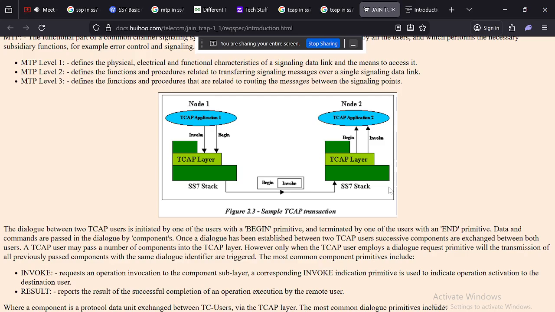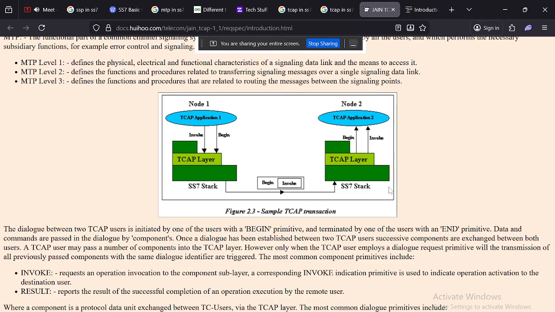Now when you visit the ATM, TCAP also has a dialog stage, with SS7 automatically connected over there. When you insert your ATM card inside the ATM, that begins the transaction, and it will ask you to enter your valid ATM card PIN number. If you enter the valid PIN, it will ask you to continue. After that, you can process a withdrawal, check balance, and so on. Otherwise, if you don't want to, you just click on cancel. That's it. This is how a TCAP dialog stage works in SS7.